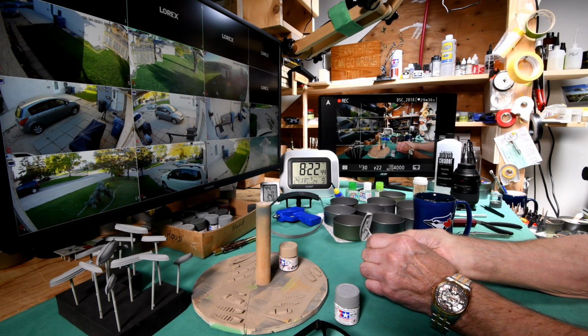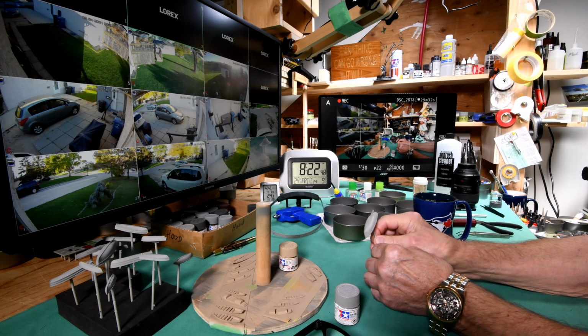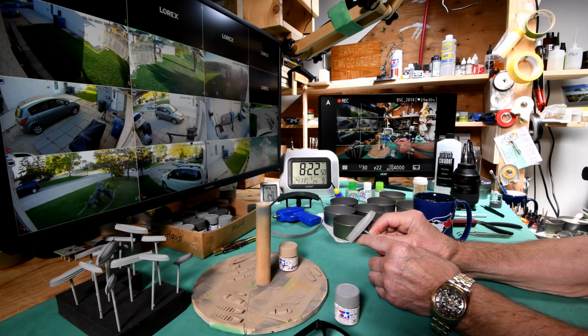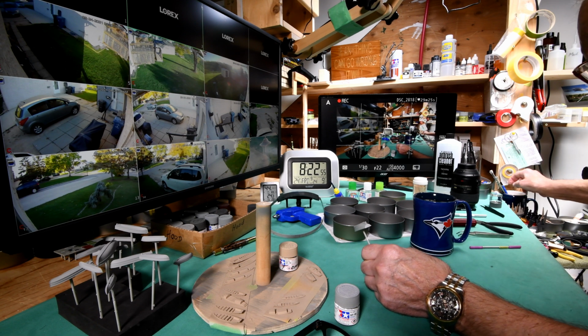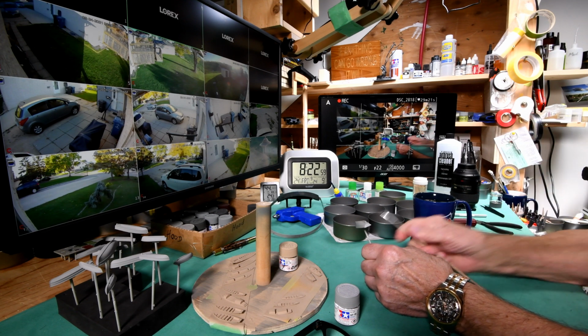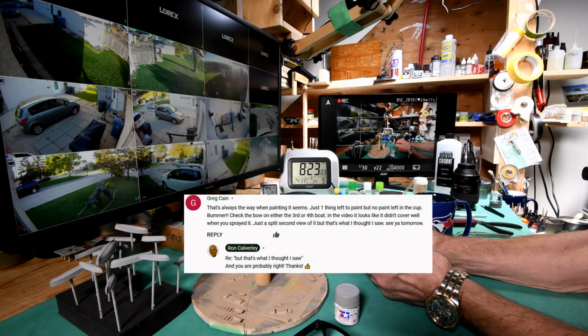It is my plan, on this another nice bright morning, to paint by brush this hull. Now,